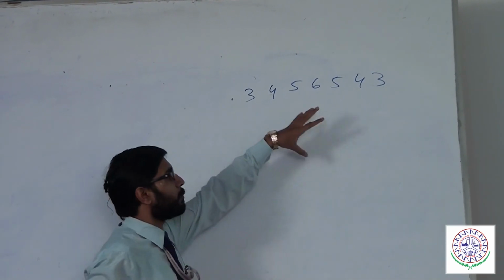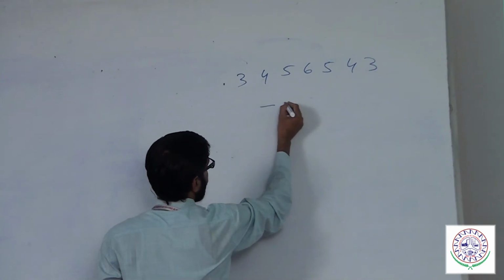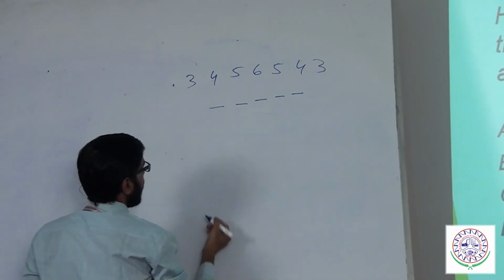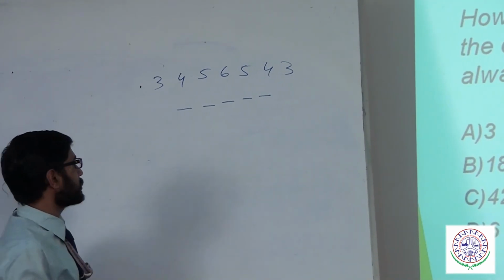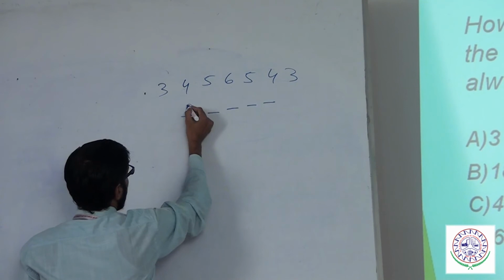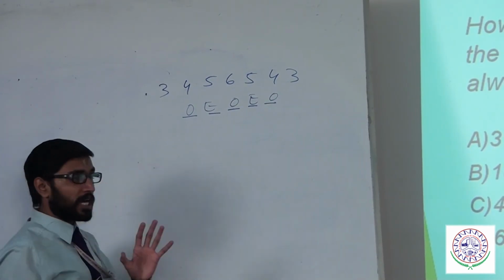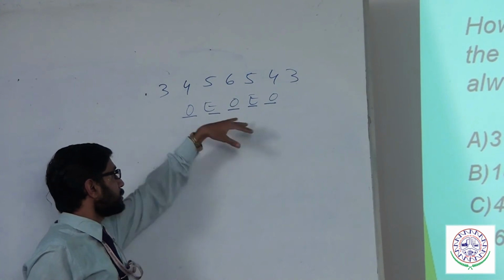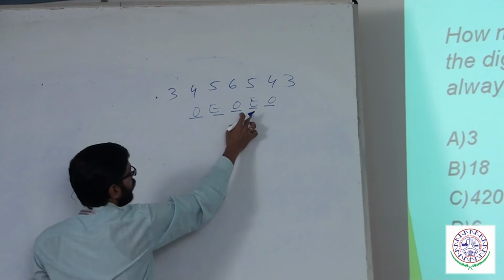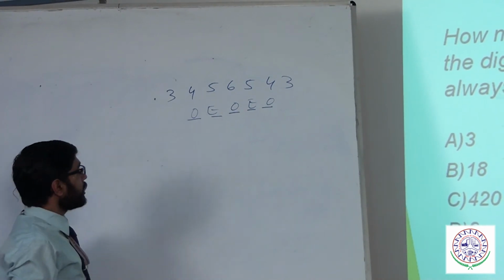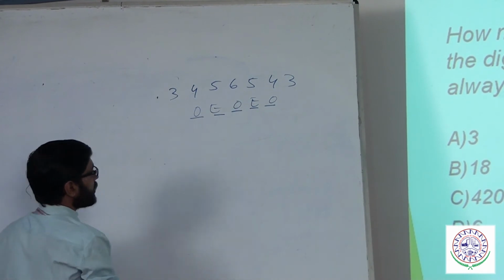You need to form a number which consists of 5 digits. So 5 places, 1, 2, 3, 4, 5. And what they are telling is the even places should always be occupied by even numbers. So if I write this, odd, even, odd, even, odd. So if you want to make a 5 digit number, this will be the rule. Now we need to find the number of ways. How can we find the number of ways?